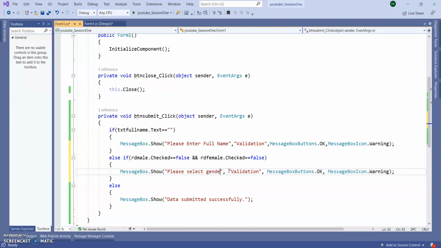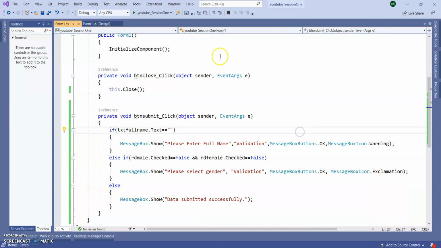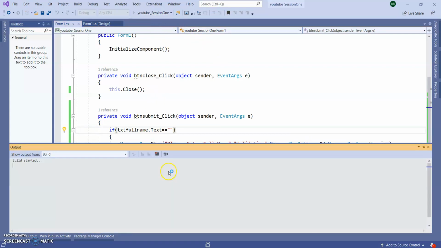Please select gender. So here I am giving one more icon. Let's say exclamation. Run the application and see whether this validation is working or not.